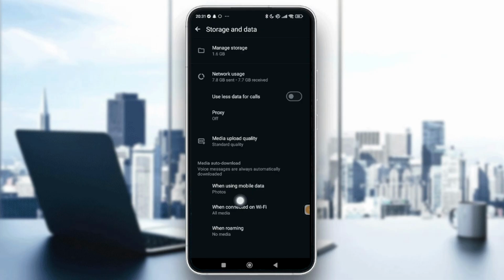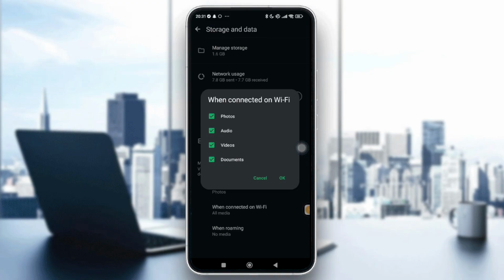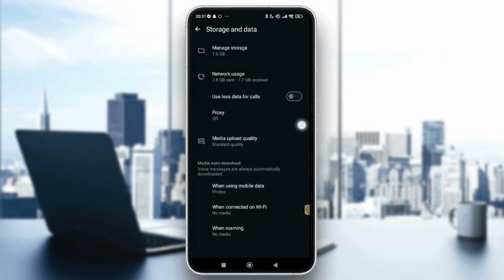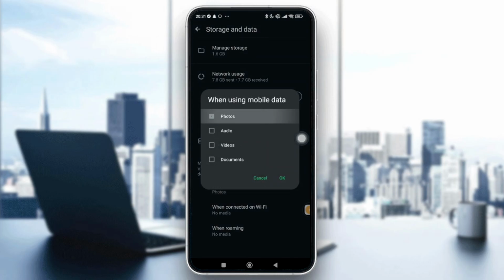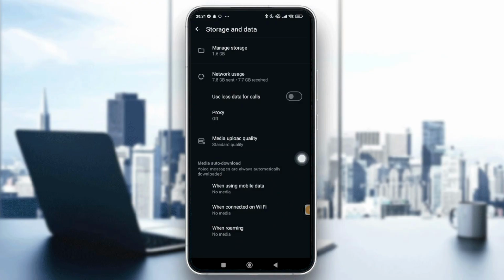Click on when connected to Wi-Fi and then deselect all the ones that have already been selected. So just like that, and then go into OK. Alright, and we will do the same thing for when using mobile data and when roaming. So here and here. Alright, so once you are finished,